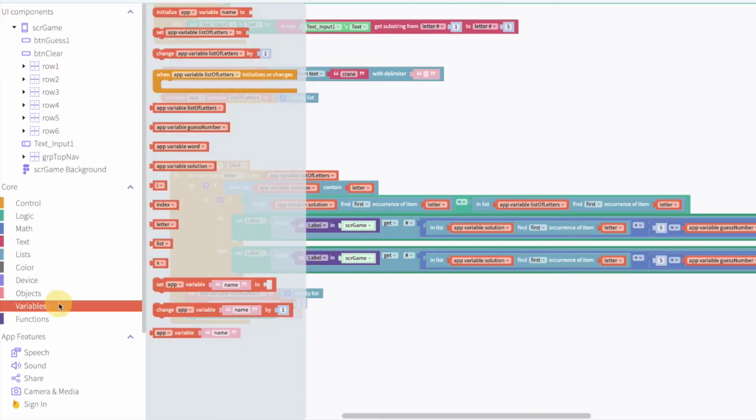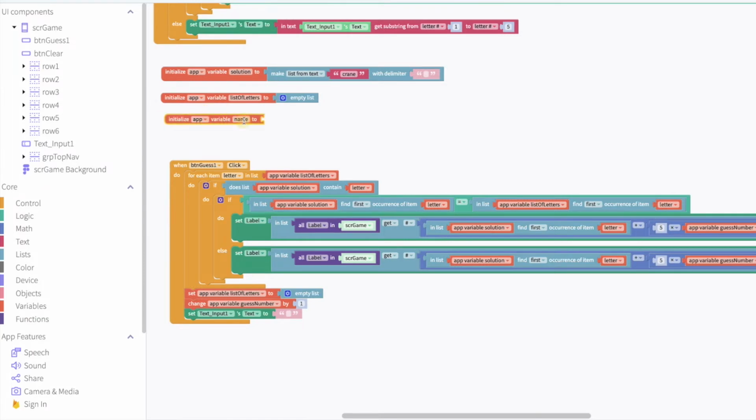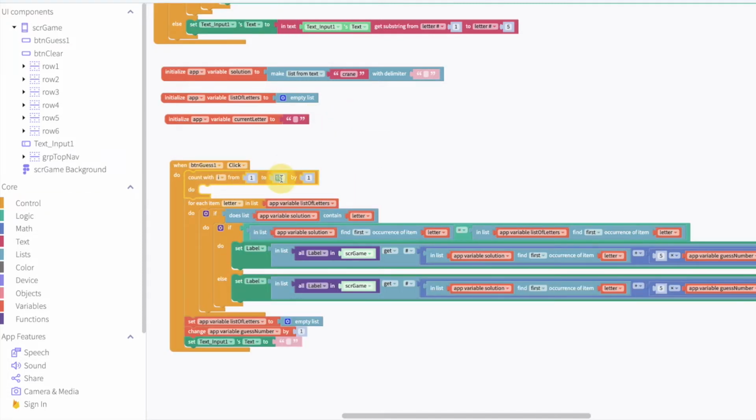We're going to need one more variable. Recall that we want to read one letter at a time. So we're going to create a variable here, and we're going to call that the current letter. It's going to be a piece of text, so we'll just put an empty string in here. And we want to go through crane one letter at a time, 1, 2, 3, 4, 5, and we're going to get rid of this loop here because we can do this a little bit more easily. So we're going to count with I from 1 to 5, and we are going to get that letter from our solution. We're going to set our current letter like this